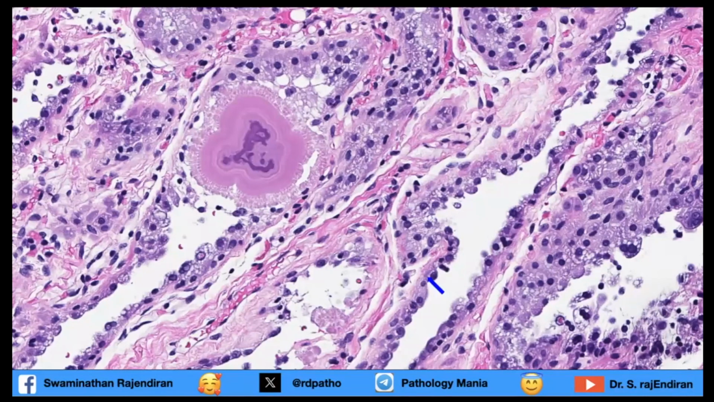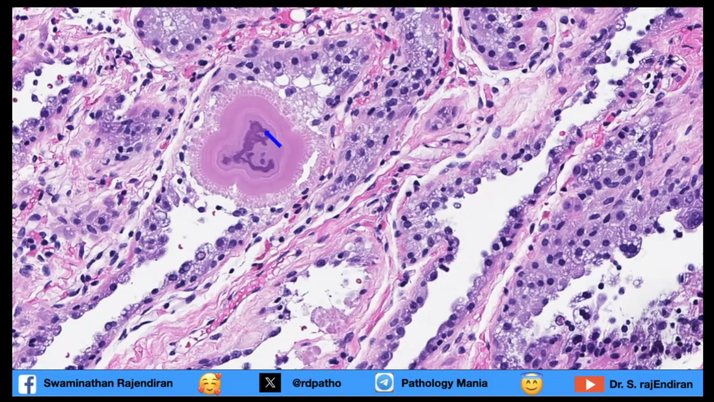And when you go to high power, this is having a very hobnail pattern where the nuclei are trying to come out, and the cytoplasm shows a lot of vacuoles. So it looks like microvesicular steatosis in the liver. I love to compare the changes happening in one organ to other organs so that you can diagnose conditions very easily. So this is hobnail cells with microvesicular cytoplasmic vacuoles, and in the previous picture, low power, we saw